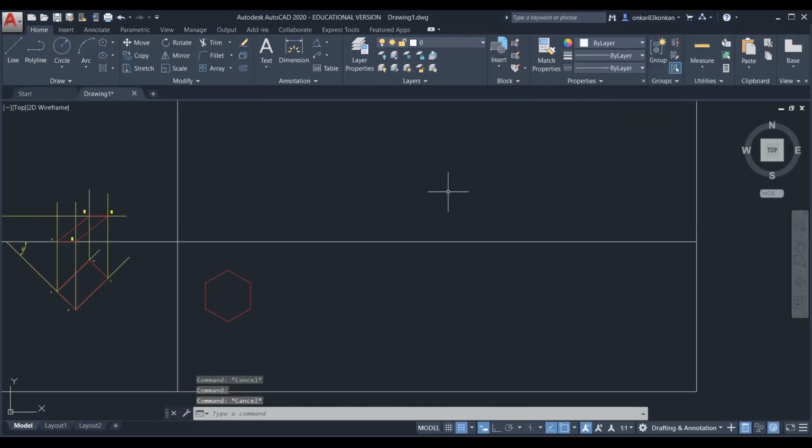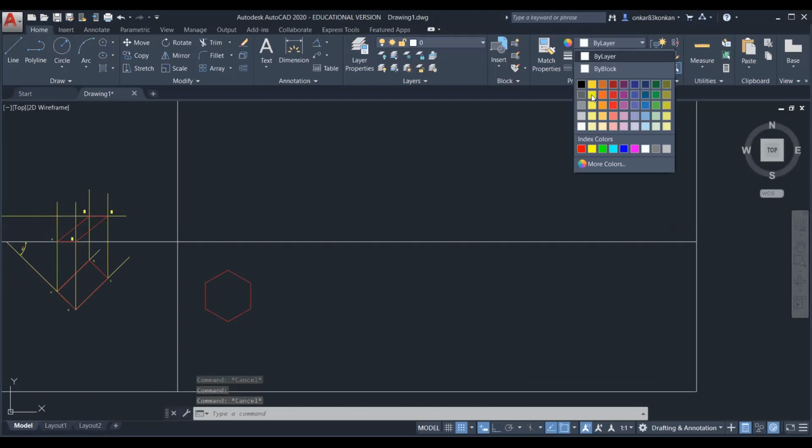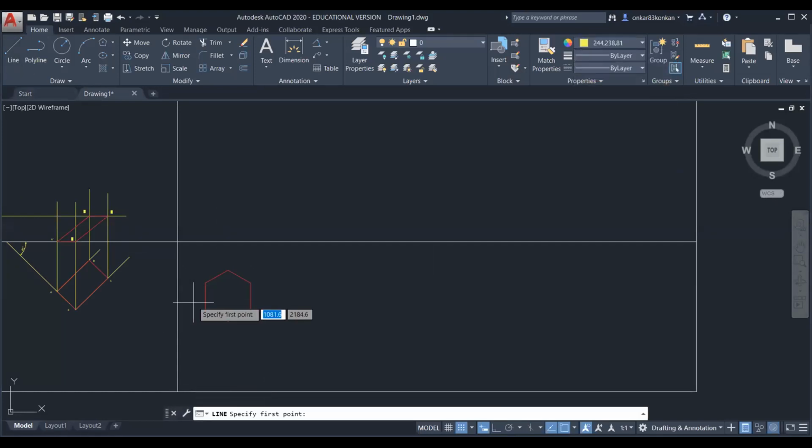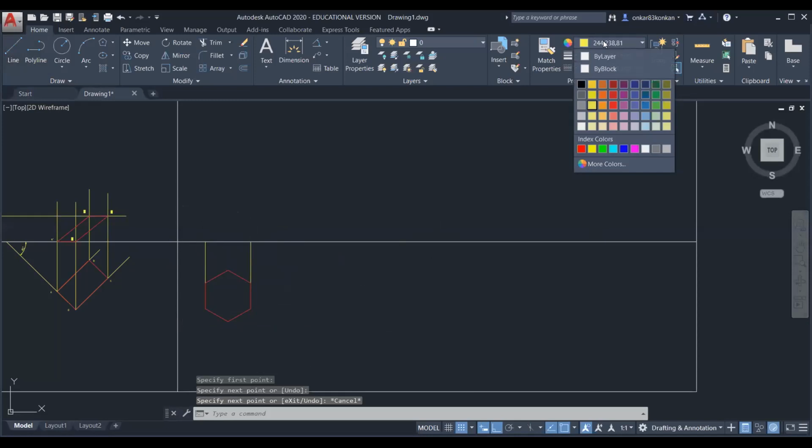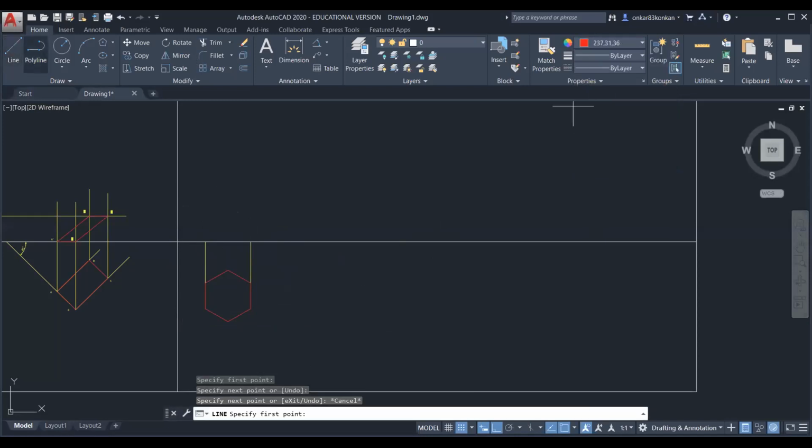you can take the projector in the front view. So this is your front view.